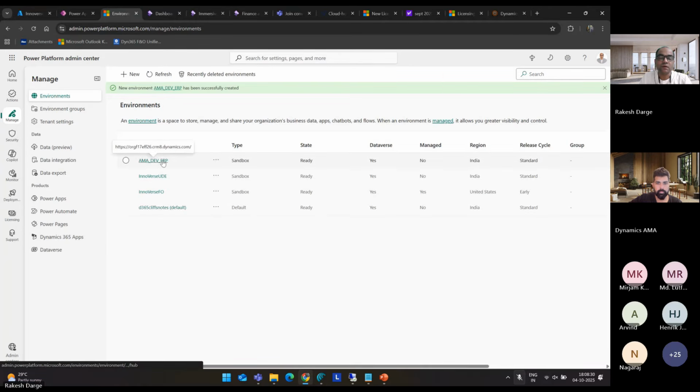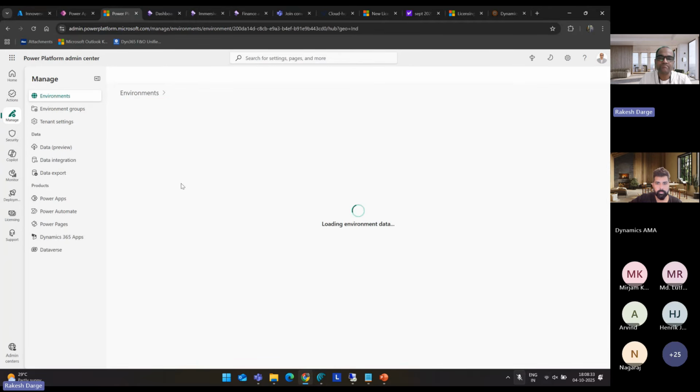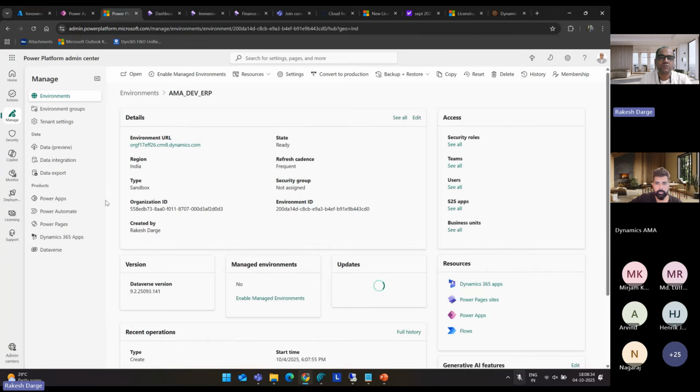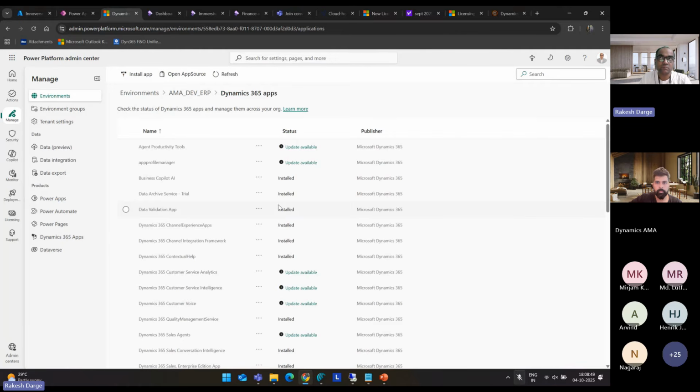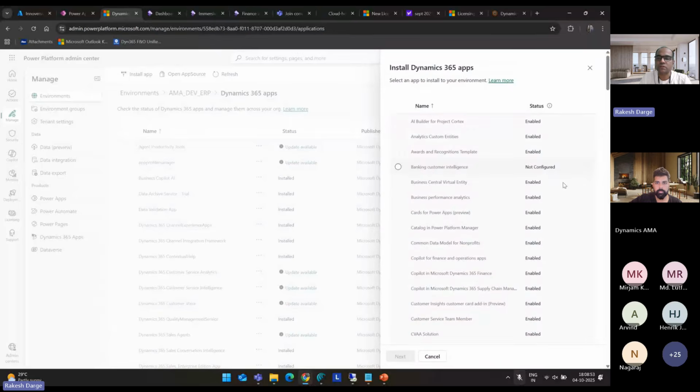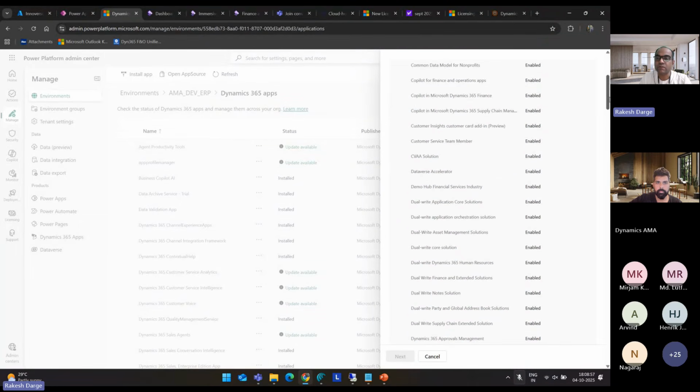Okay. Now, as a next step, you just need to go inside the app. You can see you have the organization ID, you have the environment ID, and the environment URL of the CRM, but not the FNO URL. Right? That is where the next step comes, because we are deploying the dev machines. Keeping in mind we are not deploying any standalone sandbox sort of environment, right? So here you can go and install the app. There are two apps that we need to install as a developer, right?